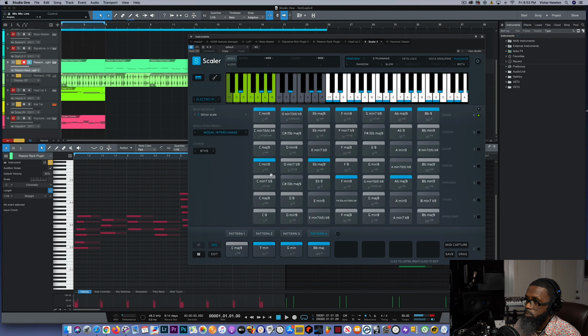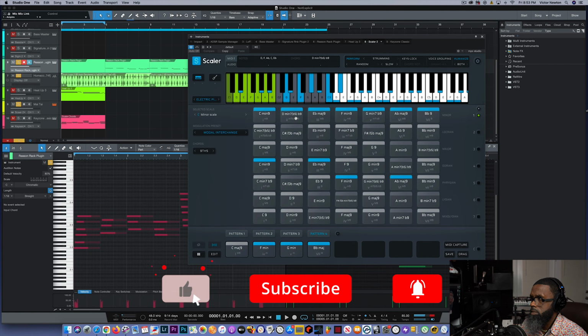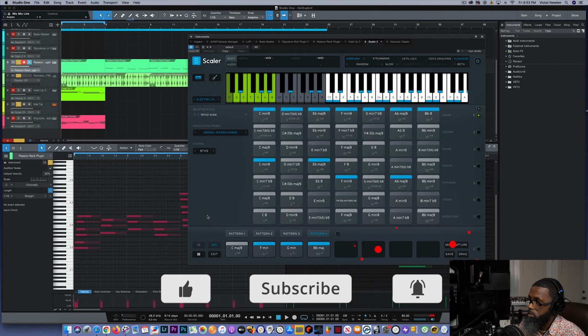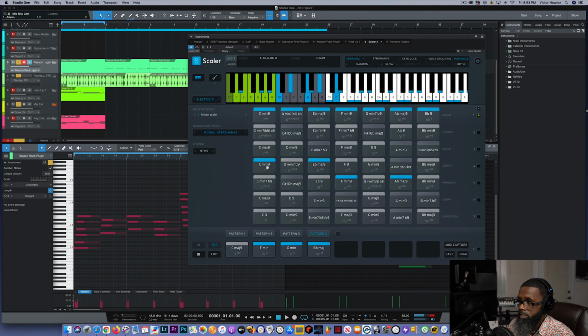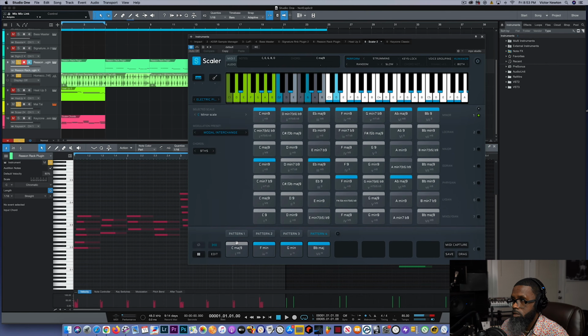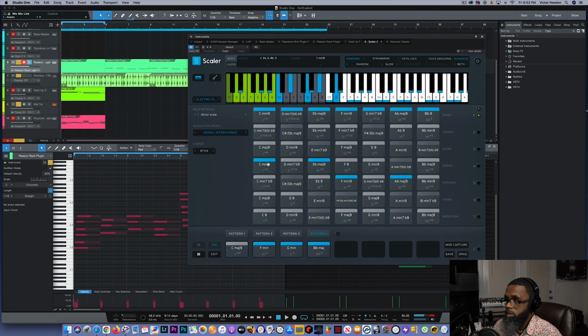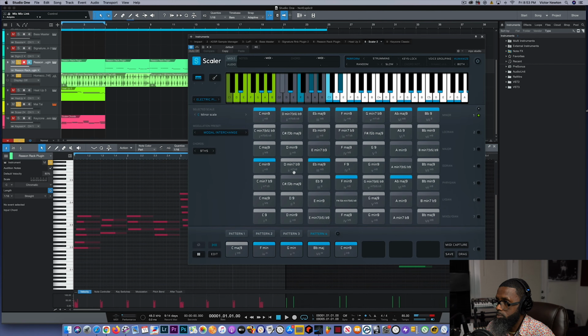Now let's see if I wanted to come up here to C minor now. You hear that? So let's say if I want just to follow this same pattern here. Got C major 9. There. I like that one. You hear that? So let's bring that. We have that. And we can find another